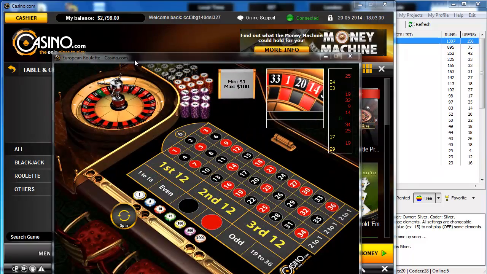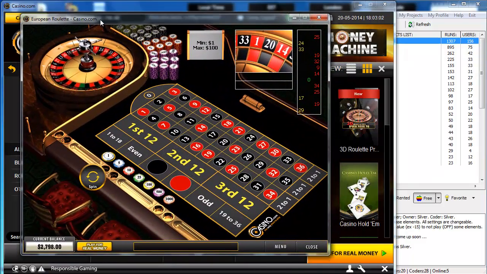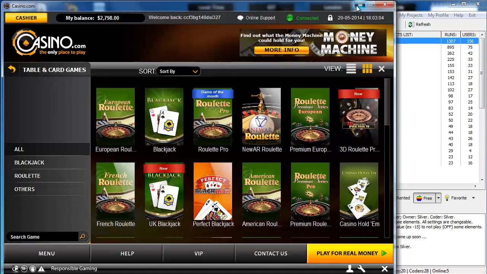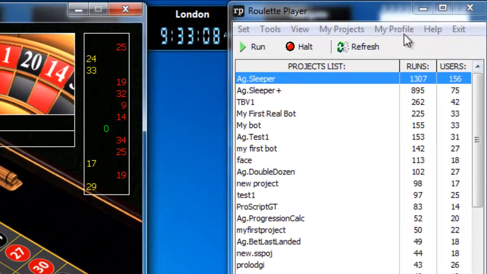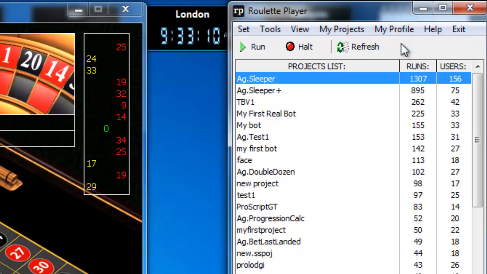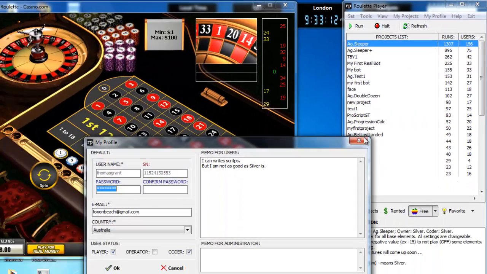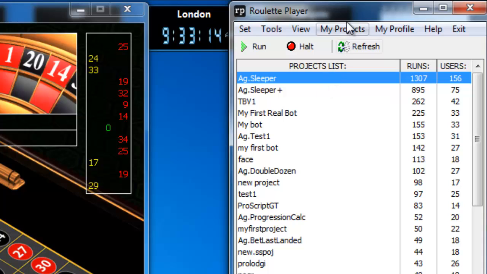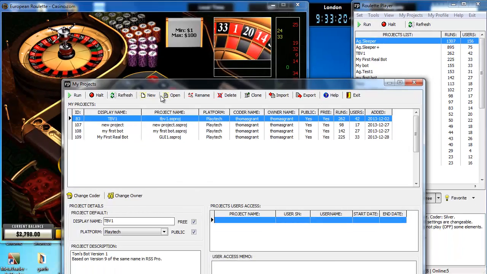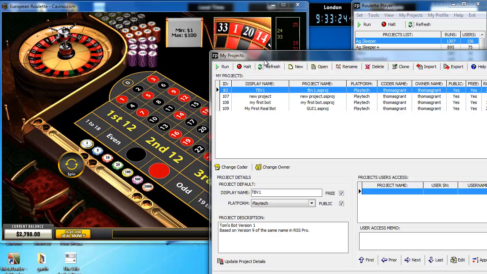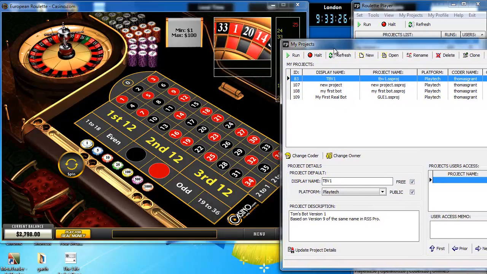Right. So here is the table. Let me just minimize this. Okay. So go to My Projects. New. Oops. Cancel that. My projects, My projects explorer. There. All right. Click on it. Move this out of the way because I know it gets in the way sometimes. And I want to click on